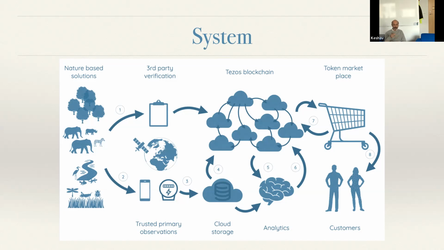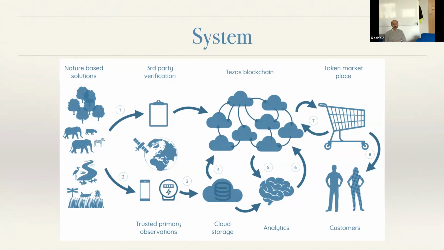So here I'm going to follow those numbers in little circles. On the left, I talked about the nature-based solutions. That's on the far left. On the right are the customers, the people buying these credits, and all the stuff in the middle is basically computer systems to bring the credits and the transfer of money. Credits go from left to right, money goes from right to left, basically.